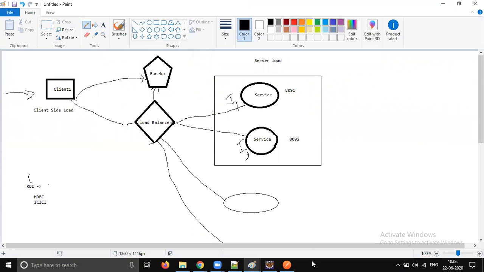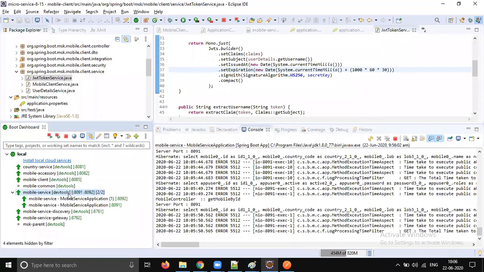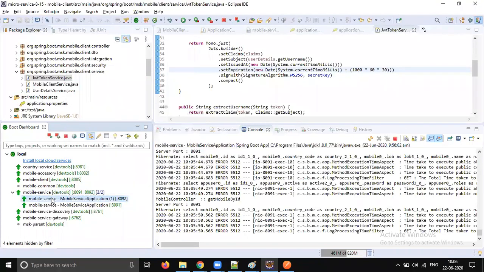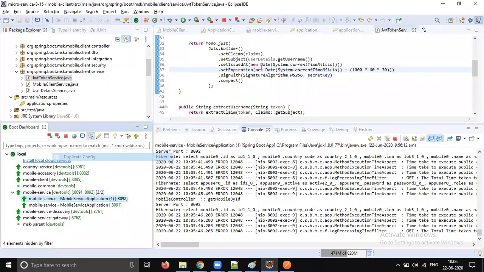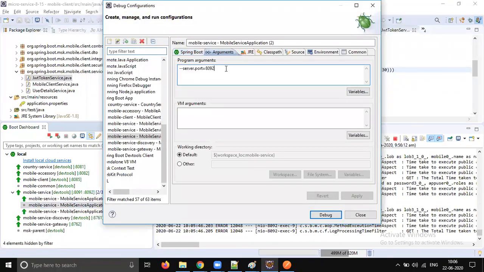And we will do one magic: we will spin up one more instance. You'll see it is automatically put into the load. So just duplicate the configuration. I right-click here and duplicate config. For this instance, we need to change the port number to 8093. It should run on a different port for sure.